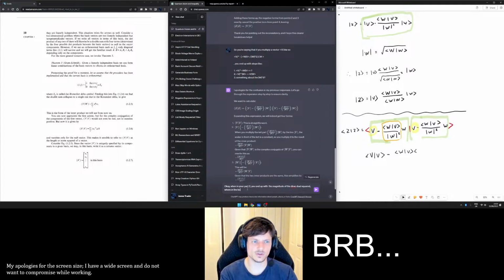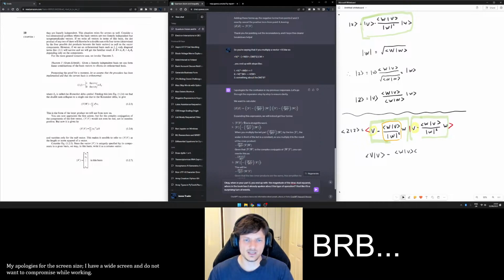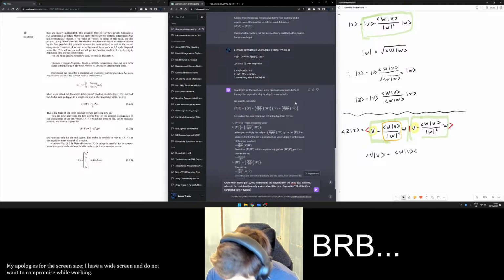Where in the book has it already spoken about this type of operation? I feel like it's a surprising turn of events. Yeah, because if you were to do